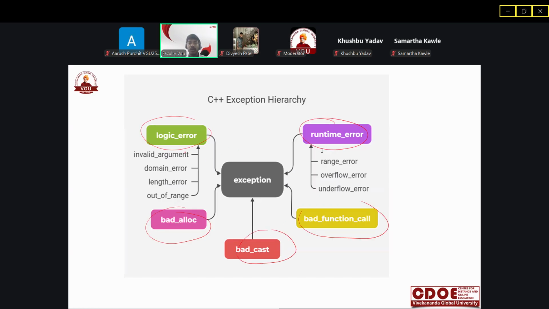In a logical error, it depends on whatever logic you write in your program, for example an invalid argument. As I already told you, suppose there is a login credential where you enter your ID and password.